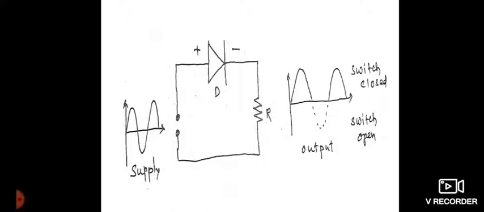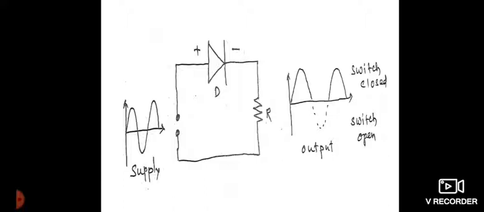So, here if the AC supply is given, as shown in the figure, for the positive half cycle of the AC signal the diode acts as a closed switch, because the positive half cycle of the AC signal makes the diode forward biased and the diode acts as a closed switch. Hence, there is a current through the load R, and at the output we can see the input signal appears